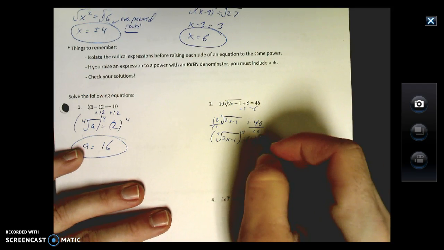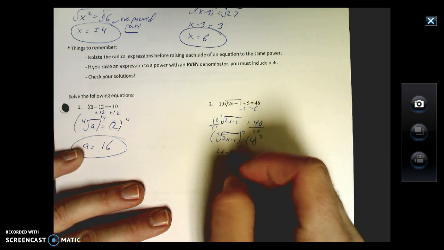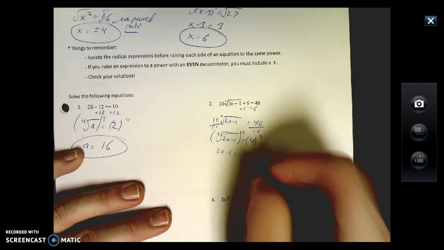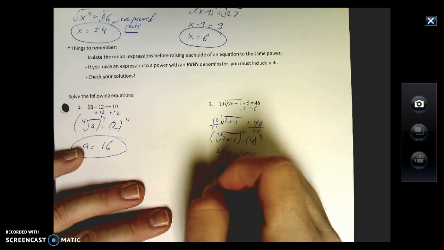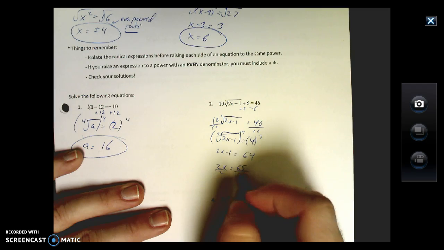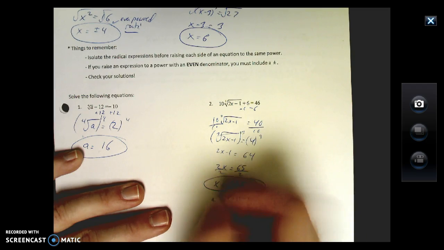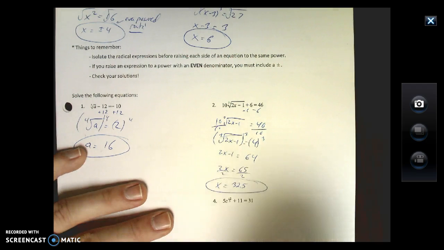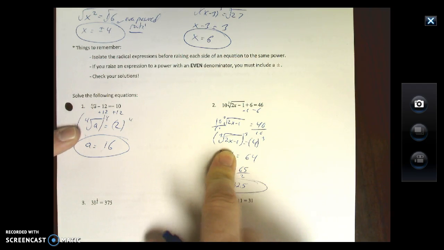Alright. This cancels this out. I'm left with 2x minus 1. 4 to the 3rd power gives me 64. I can add 1 over. I can divide by 2. 32.5. Okay? Guys, real quick, before I go any further, please, at this point, when you're watching this video, if